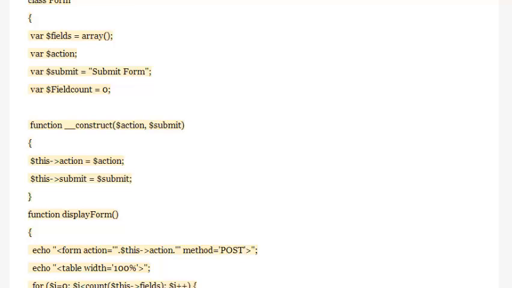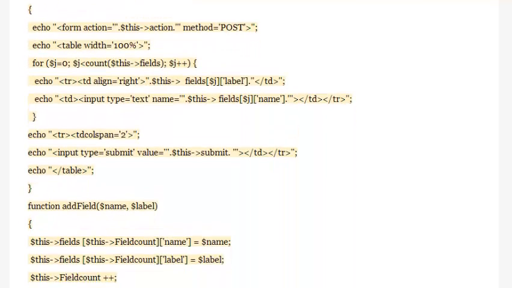{ echo "<form action=$this->action method=post>"; echo "<table width=100%>"; for ($j = 0; $j < count($this->fields); $j++) { echo "<tr><td align=right>{$this->fields[$j]['label']}</td>"; echo "<td><input type=text name={$this->fields[$j]['name']}></td></tr>"; } echo "<tr><td colspan=2>"; echo "<input type=submit value=$this->submit></td></tr>"; echo "</table>";